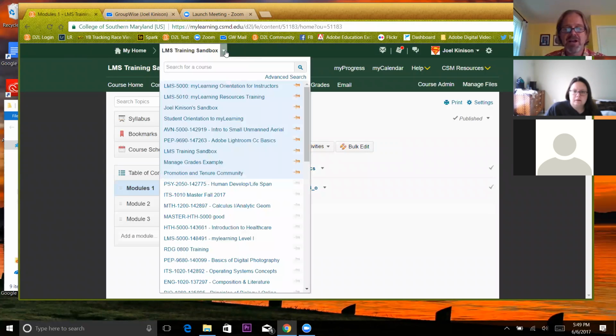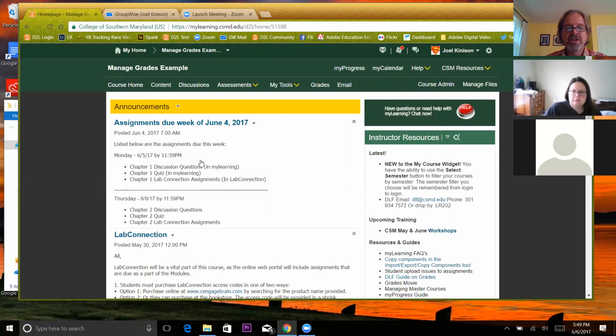I don't want to spend too much time on this, but the Manage Dates tool can really cut down on your workflow and obviously simplify common processes that we do every semester, which is change the dates of assignments, discussions, and stuff like that. They do have a tool built in. They'll easily do that. And I'm in a course here that I actually stole from another instructor, so hopefully they're